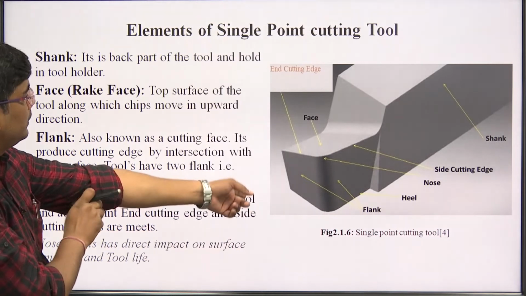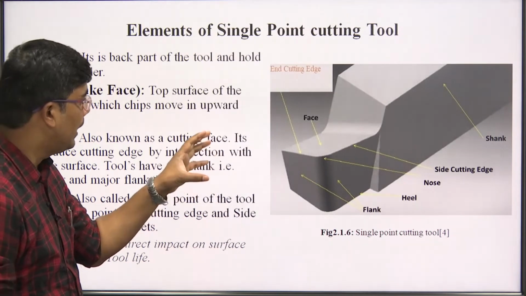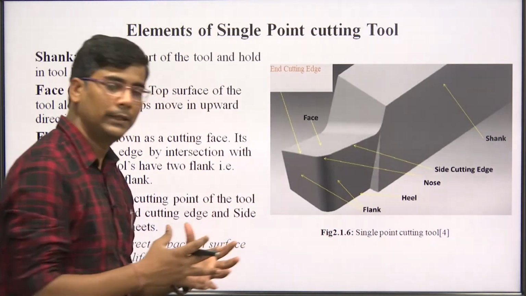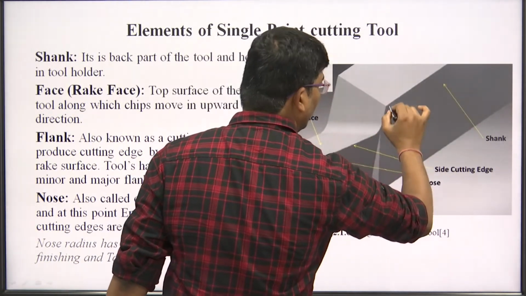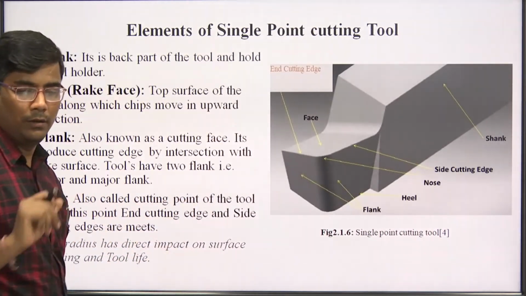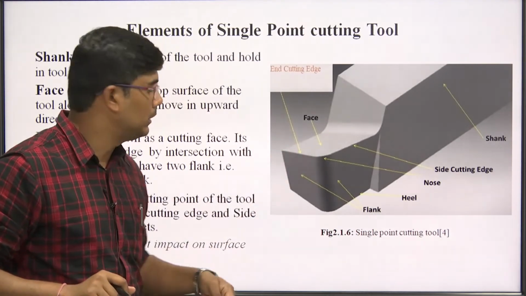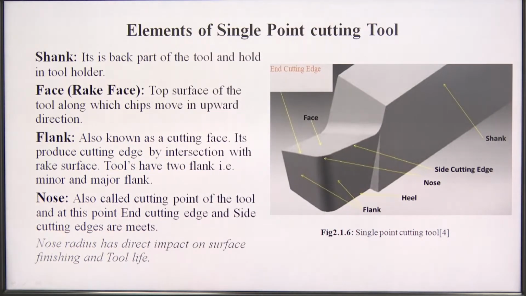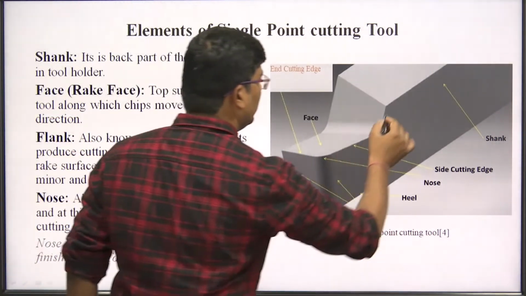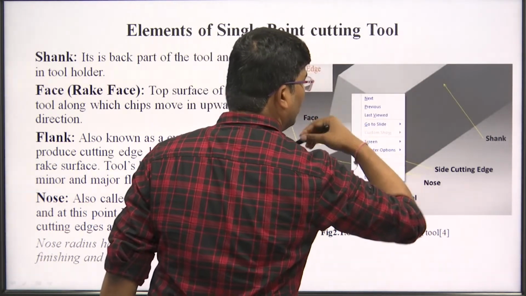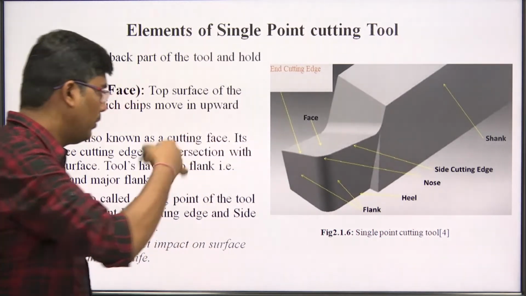Elements of single point cutting tool, this is a single point cutting tool and we are going to discuss its elements, that is, parts. Basically हम parts की बात करेंगे. This is a shank, the main body of the tool, which is held in the tool holder. ये कटिंग टूल होल्डर्स में होल्ड होता है जिससे हम ड्यूरिंग द मशीनिंग, जब हम मशीनिंग करते हैं तो इस पार्ट का कोई रोल मशीनिंग में नहीं होता है, it does not play a role during the machining, ये पार्ट ओनली होल्डिंग के लिए बस यूज होता है।